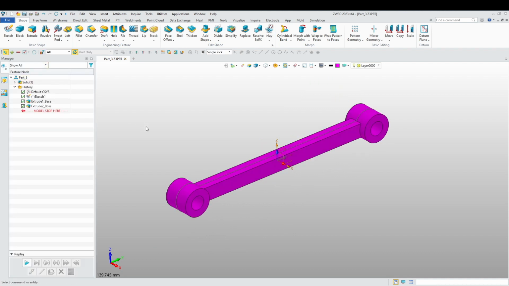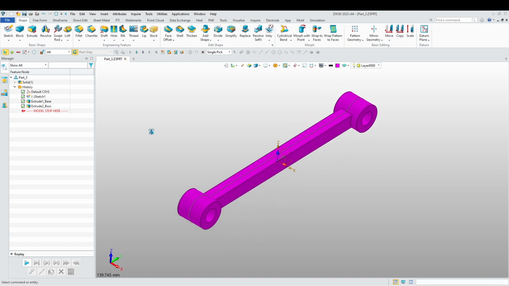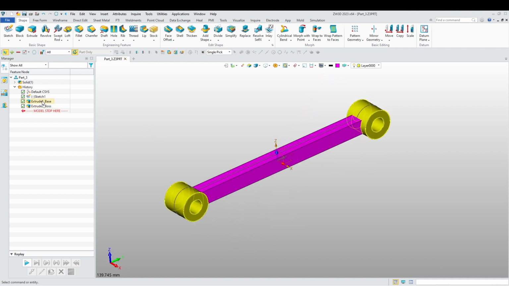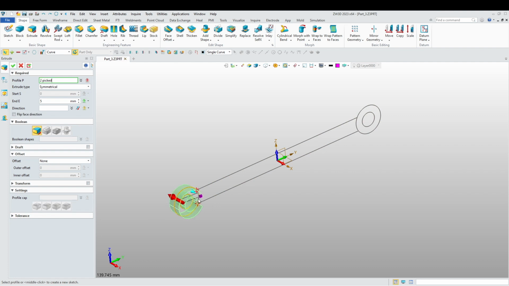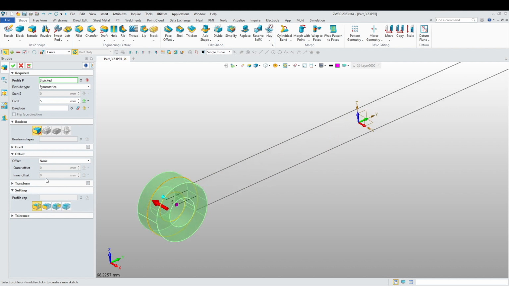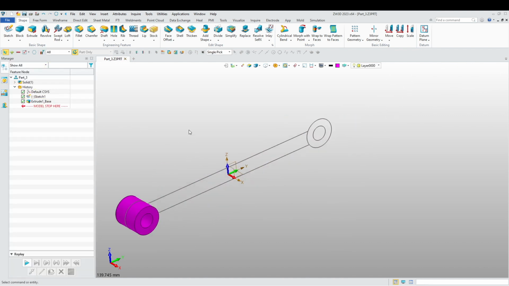And add. Alright, but there's one modification I need to do here. Let's just go back again. This is going to be 10. Good. Now extrude